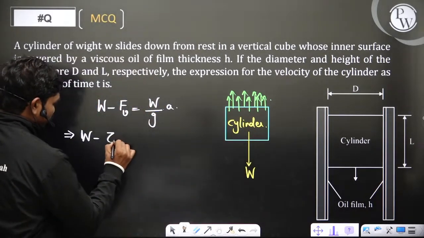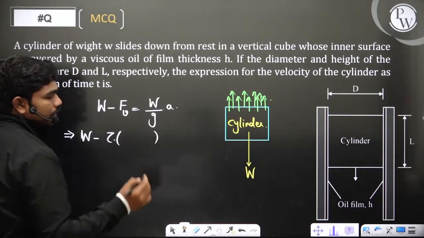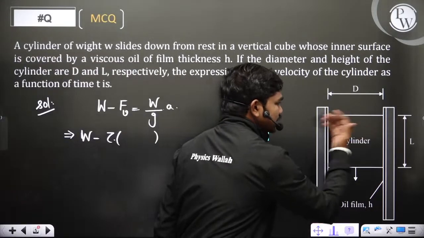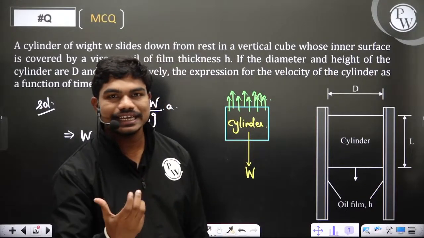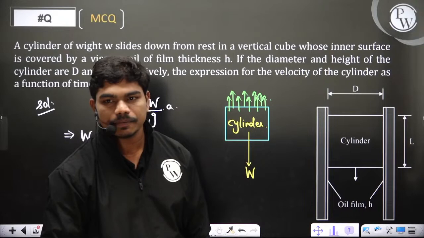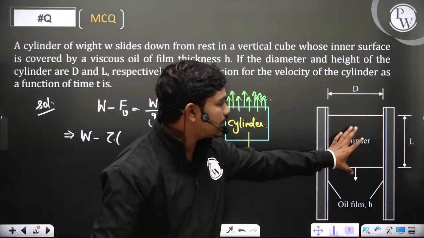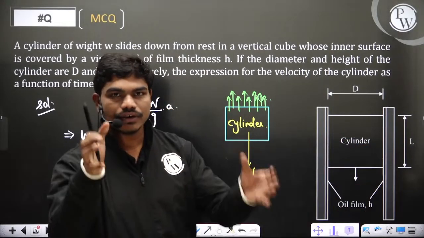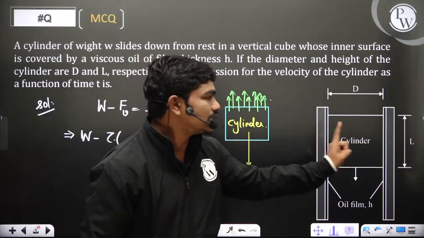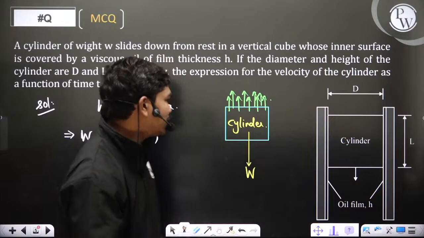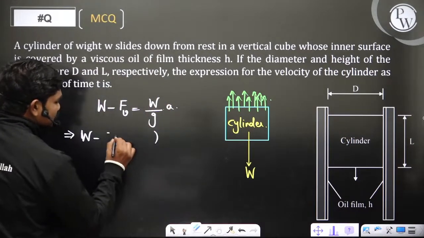So shear stress tau into area. Can anyone tell me, if this cylinder is surrounded by fluid, then what is the area of solid fluid contact? Come on, if this cylinder is completely fitted in a viscous channel, then can anyone tell me what is actually the area? Okay, fine, I told the answer then. So this is mu into,